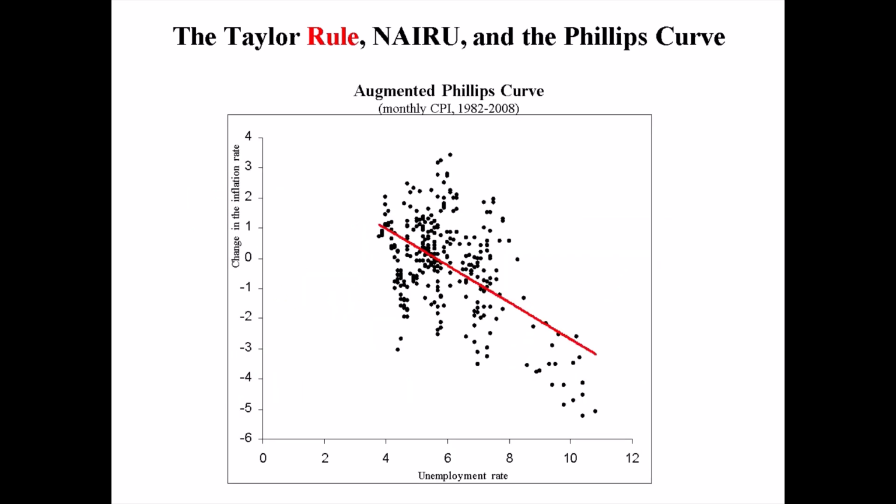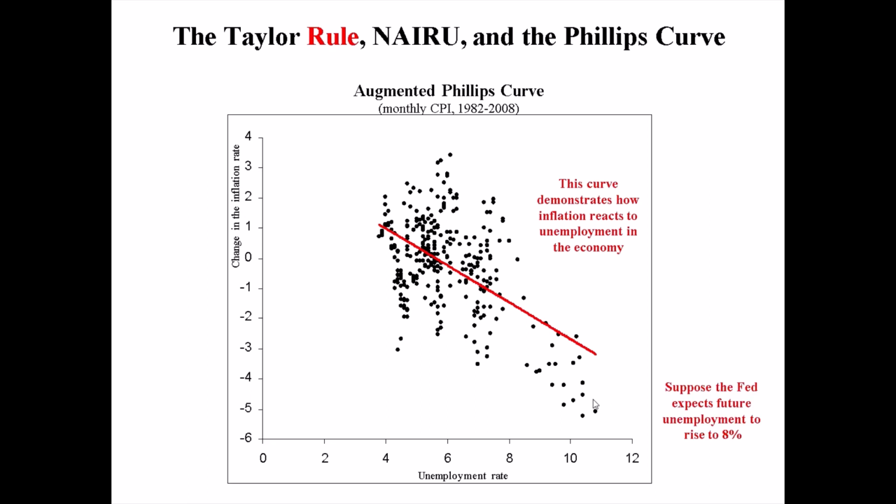Now this is the Augmented Phillips curve that we came up with. The data points here are the change in the inflation rate, not the percent change, but just the change in the inflation rate from the previous year versus the unemployment rate. And so what this graph demonstrates is how inflation will change for a given level of unemployment. So suppose the Fed expects future unemployment to rise to 8%, right? Which is not an